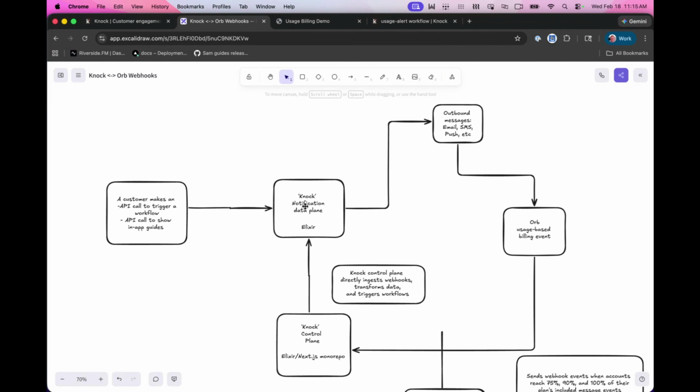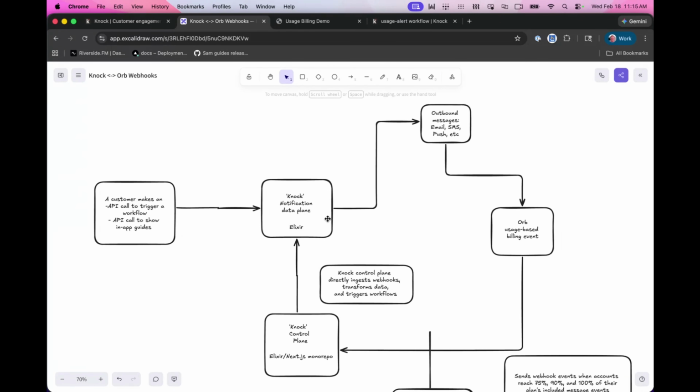And so obviously that's going to go ahead and process through the workflow because in addition to having all of the message steps, we have all these logical function steps too that it needs to process. So if there are delays or batches or throttles, it will process those things as well, determine what needs to get sent and where, and also looks at users' preferences to determine what messages it needs